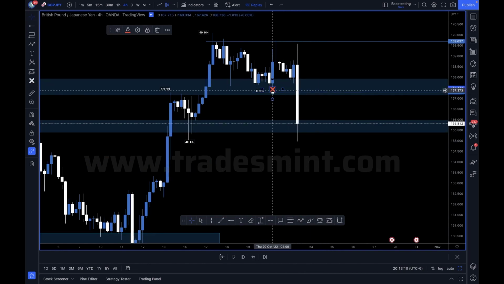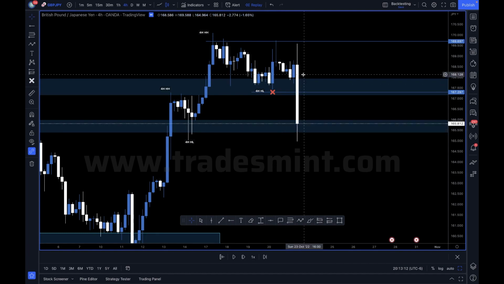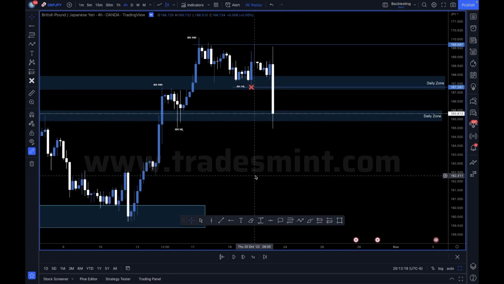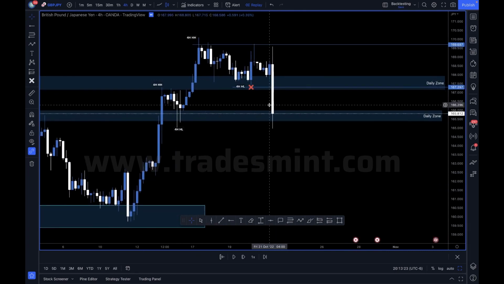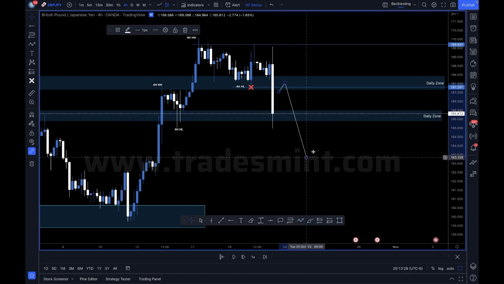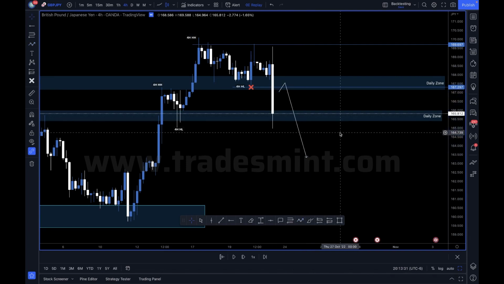What happens is sometimes traders see this break of structure. There's a new low on the 4 hour. So they say, oh, we're selling now, right? They start to say, oh, we're selling. So when price comes back up here, they'll be looking for a sell. But I can see why, and I thought the same as well. But